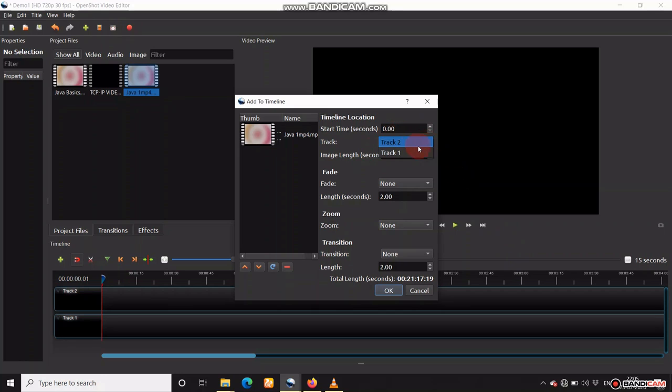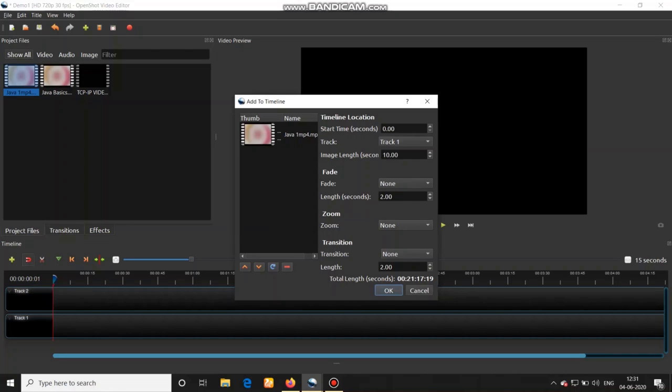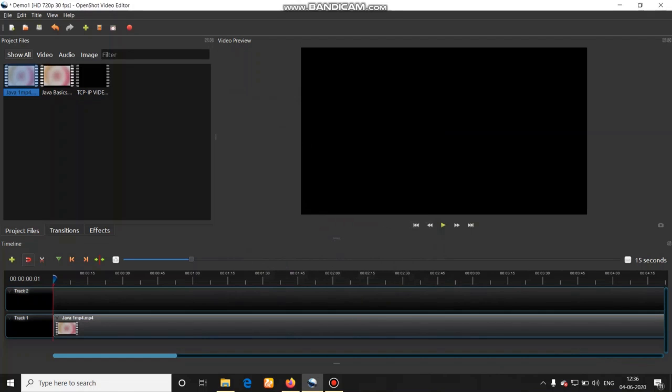It also shows in which track you want to put the video. Other contents are not important for us. So let's keep the other contents as it is. So I will keep that video in the track 1. After selecting track 1, you just click on OK. So on track 1, you will find your video clip.